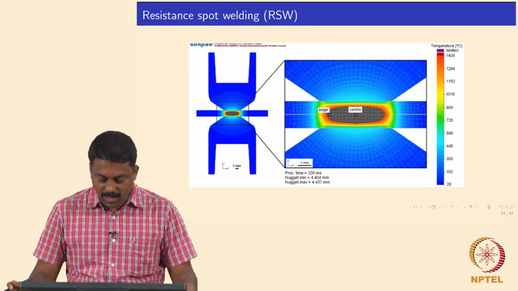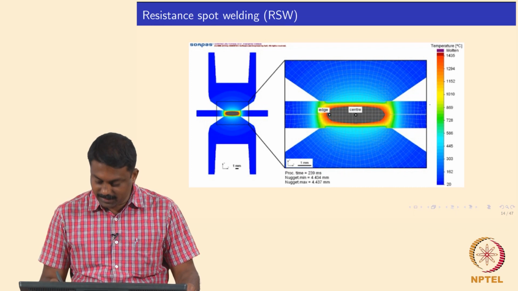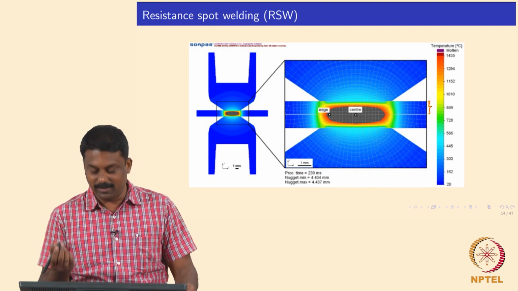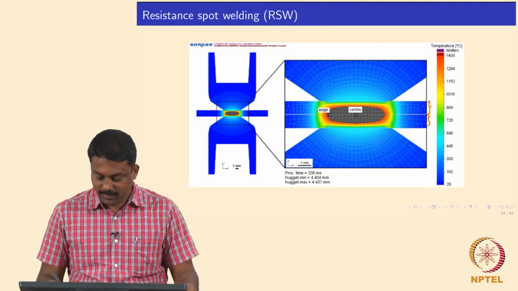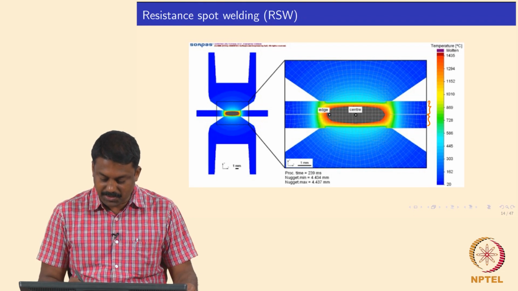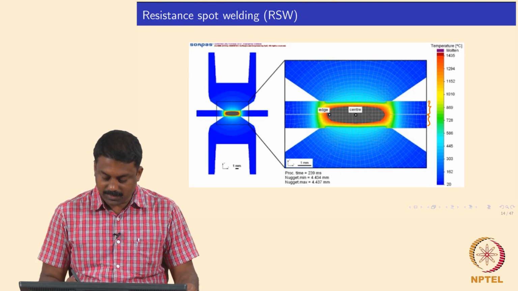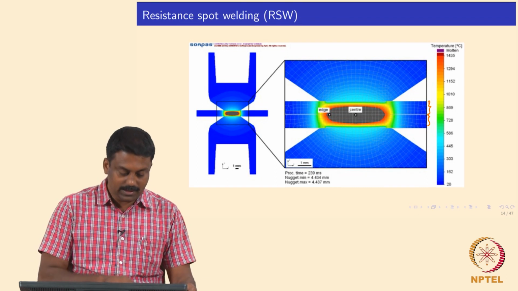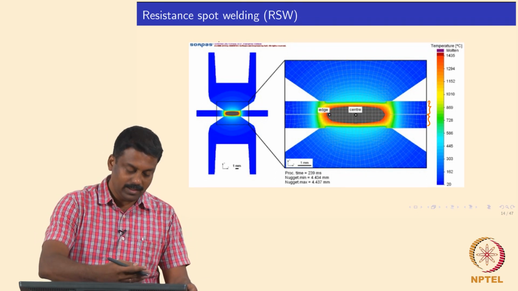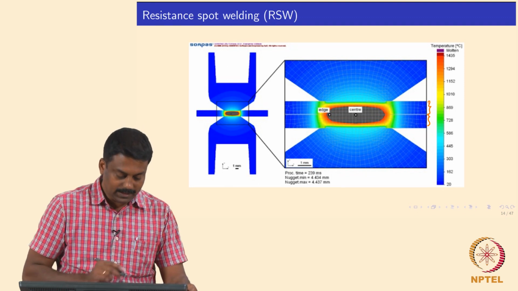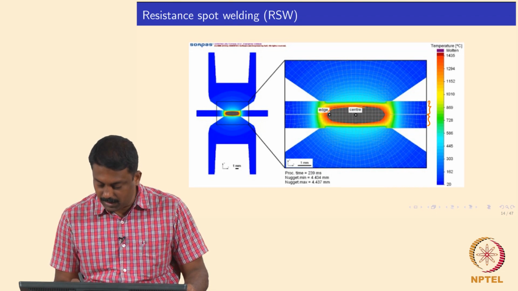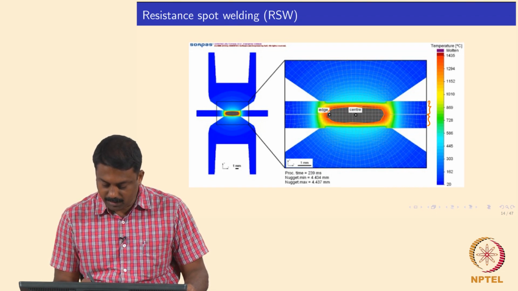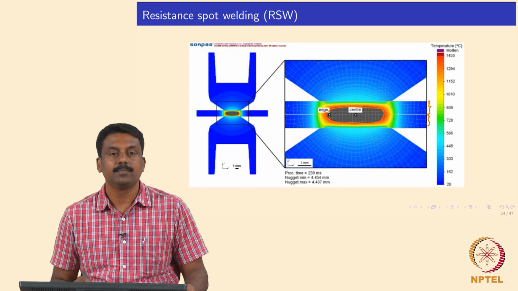Yes, it is clear. So, this is a typical weld thermal cycle you get. Again, this is a 1.2 mm thick plate, because I like 1.2 mm. If you look at the temperature distribution, this is again the cross section of the electrode, the entire cross section, and this is the center. Now you form a fusion boundary, below which you have the heat affected zone and above which you have the weld center line.